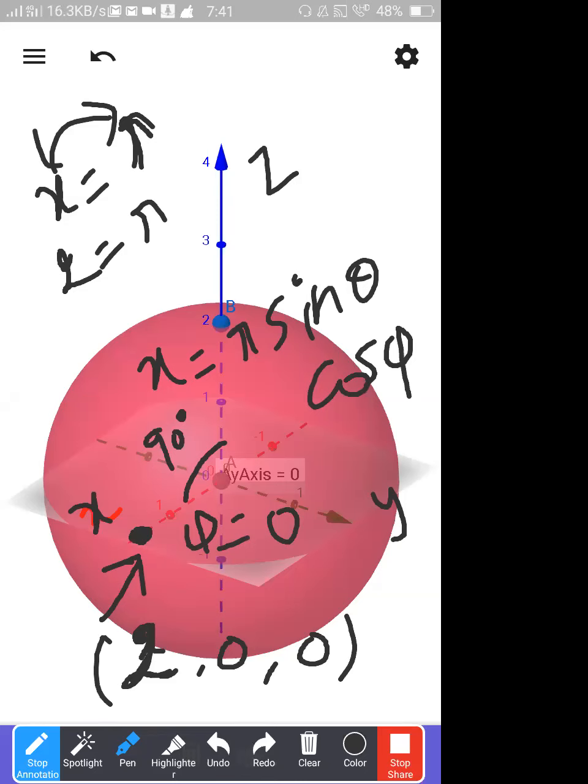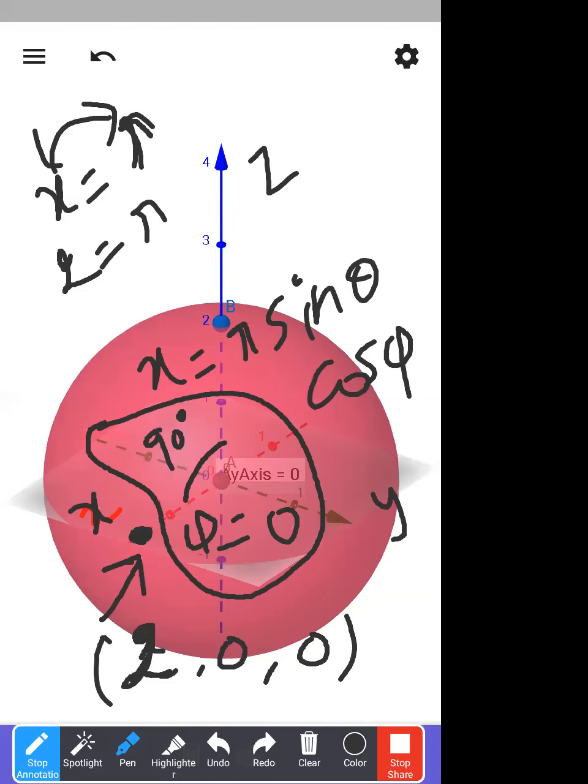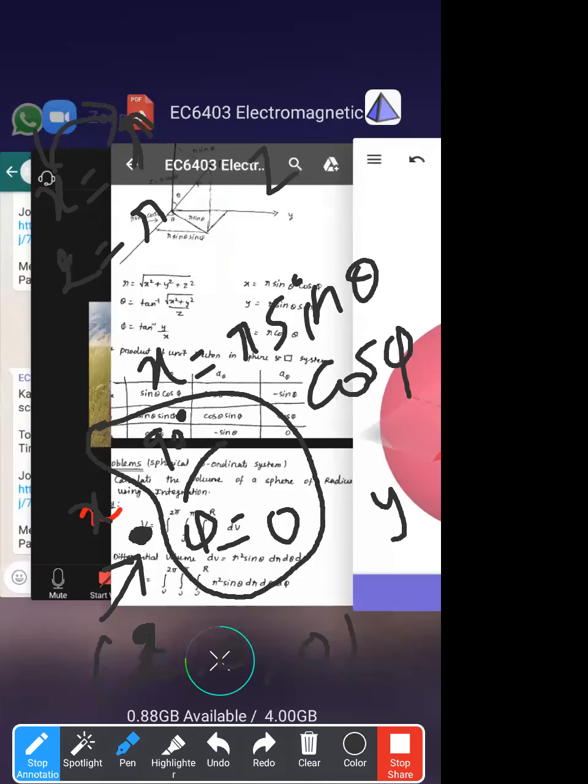What is the equation saying? x is equal to r. Now we have found out what is, I have chosen a point. For that particular point, I have found out what is theta and what is phi. If I substitute that value here,